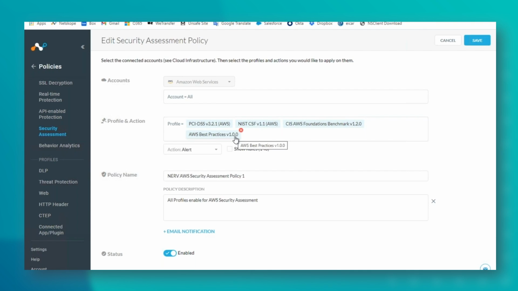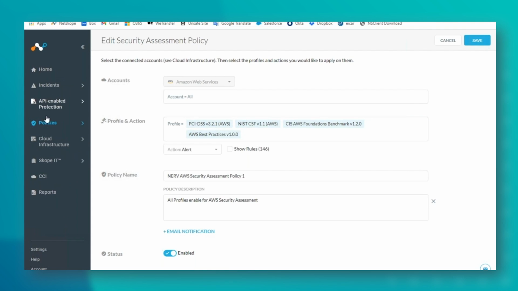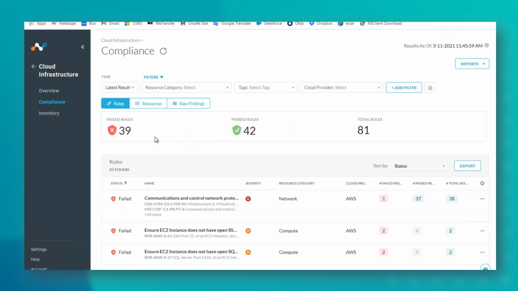So you're getting that overall view of your compliance. You're getting to see all these failed rules and so on. But under the surface, you're also getting to see the DLP, any malware that's been uploaded. You're getting that protection at the file level, at the data at rest level inside of those buckets.